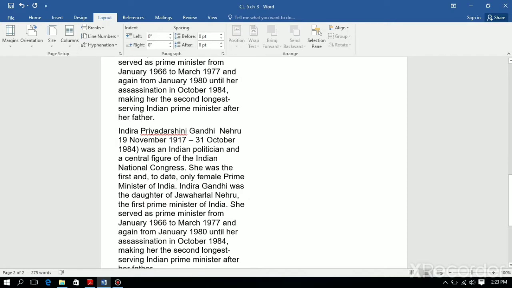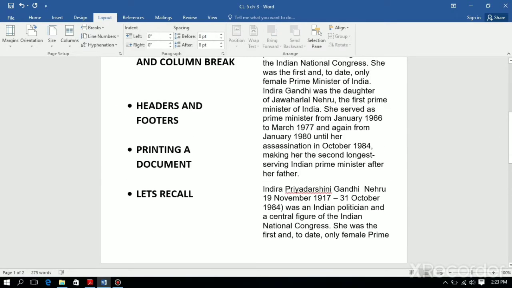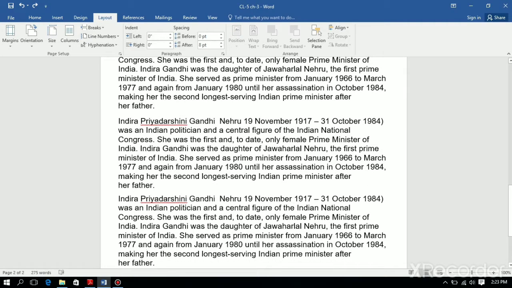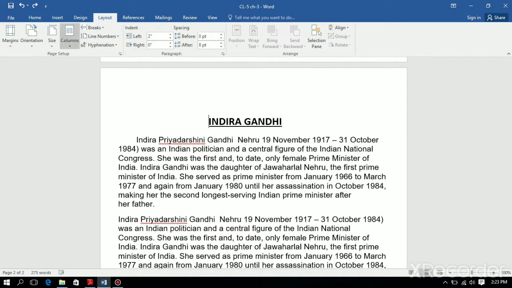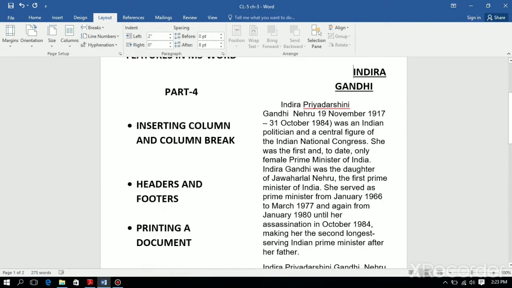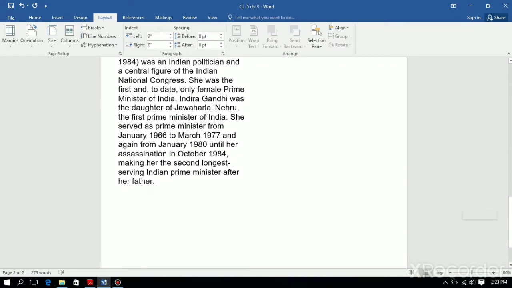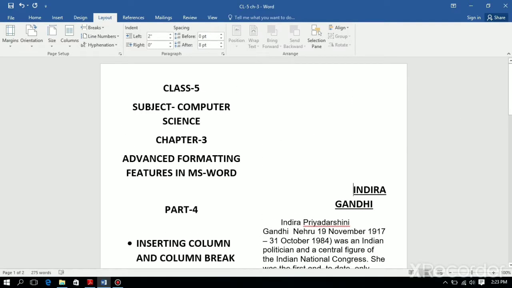After that, see, wait a minute. Only this page. Okay. See, this page is converted into 2 columns. Okay. This is one side and this is the second side. See. Now,